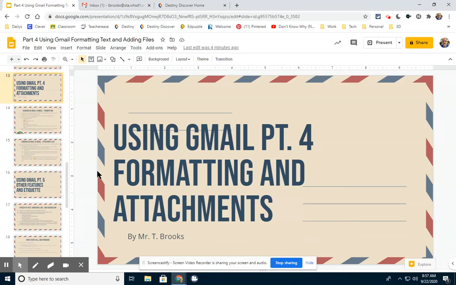So we're going to continue with our learning about Gmail, and this time we're going to get to some features that many of you may not have used at all. Last time was kind of the basics of using Gmail, and you're like, yeah, we've done most of that, Mr. Brooks, but this is probably some things that you haven't done a lot in Gmail, but are very, very useful and helpful. So we're going to kind of continue with the same assignment we did last time, which is